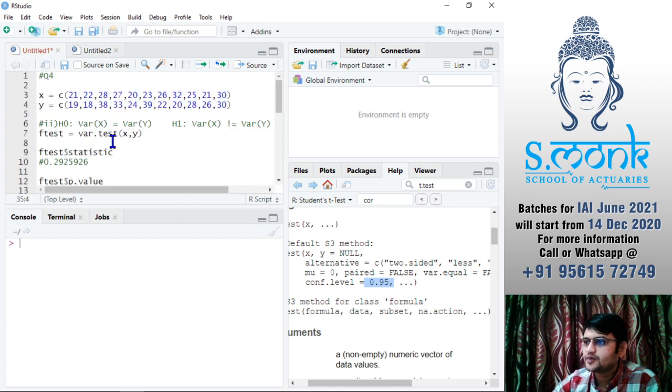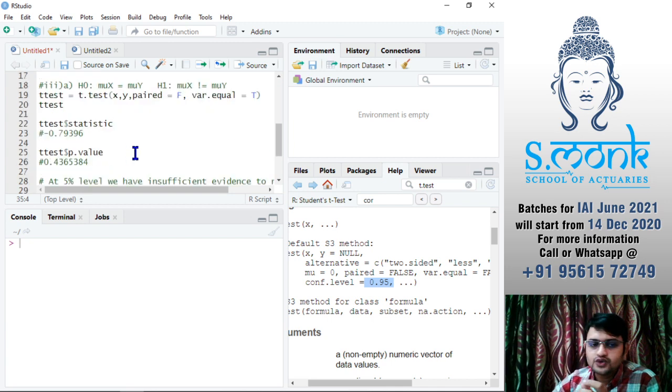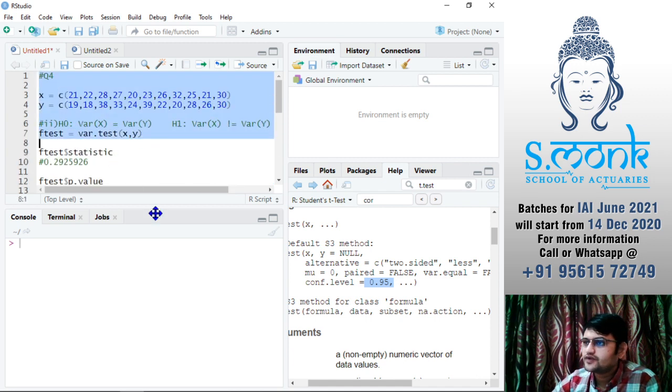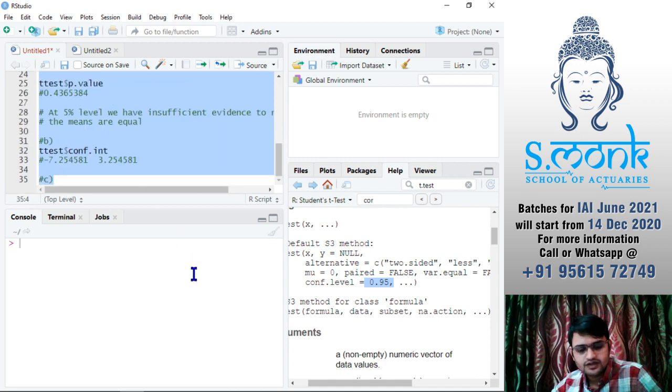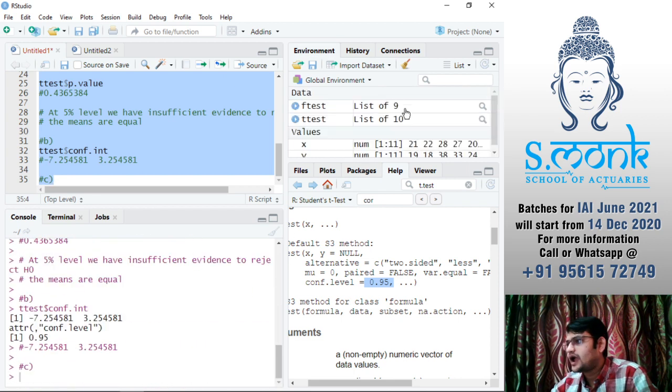You can just copy paste, and if you still want to check, let's say there was a graph or something that you want again, just run everything, select everything, press Ctrl Enter, and you have all of the things here. And if you had some graph, the graph will pop up here, right?